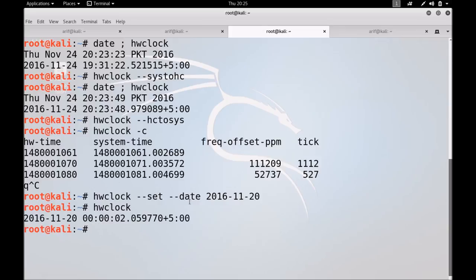If I do something like this and don't mention the time, it will be taken from midnight. And if I want to mention the time as well, I can always mention the time, like suppose 10:10:10.